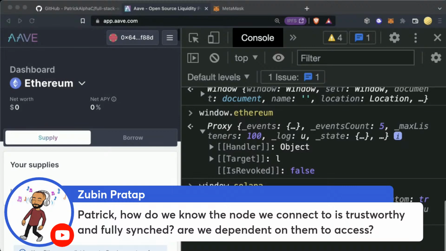So with that, we can't send them anything malicious, right? Because we are the ones who control our private keys. So we are the ones who will be signing our transactions, right? And then we can just take our signed transaction and send it to them, saying, hey, I signed this. Can you send it? And they'll just send it or not.